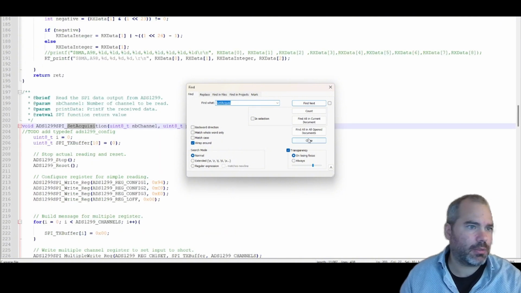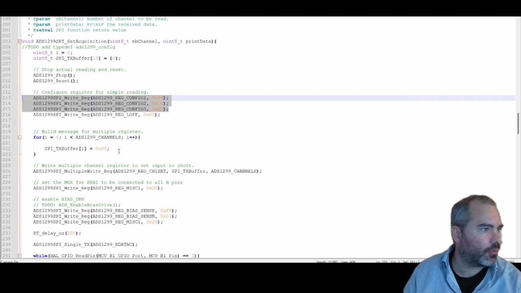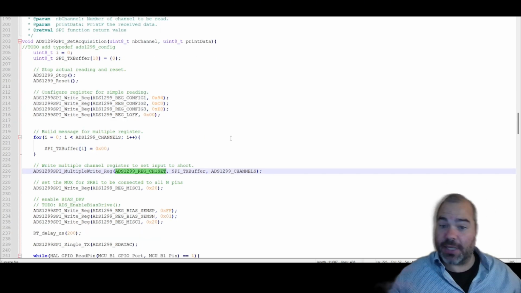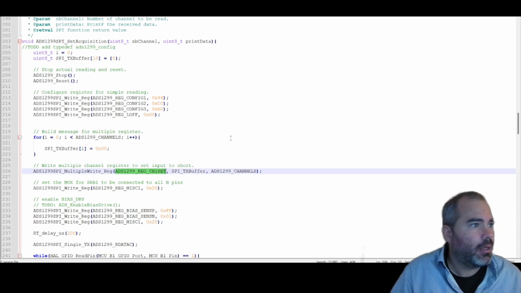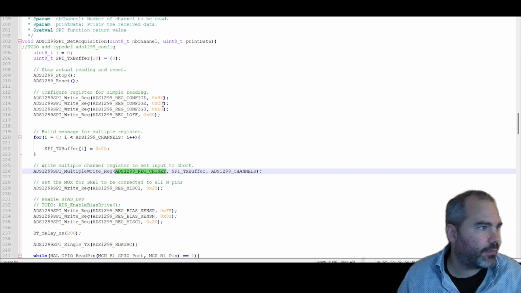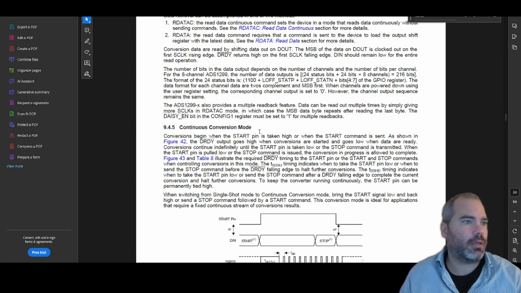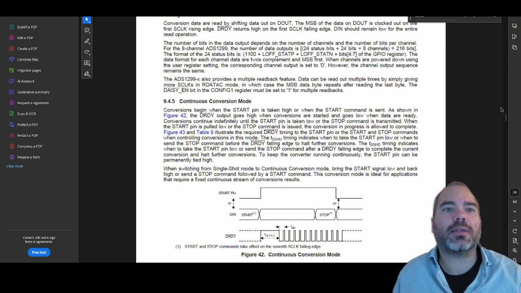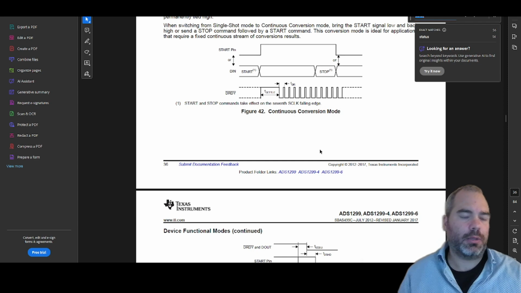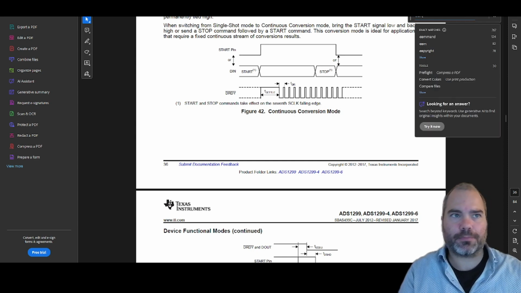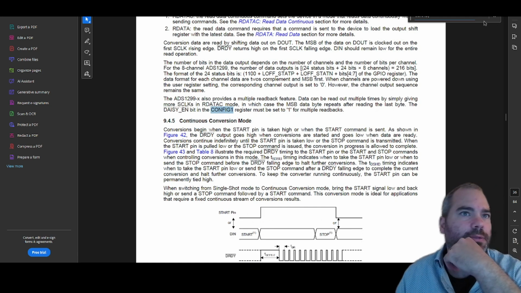set acquisition, so the settings here for the registers config 1, 2, and 3, as well as the set of registers that configures the channels, there were a few differences. So in config 1, and just see here, oh, I don't want to lose this page. Which page is that? We'll get back to this one, figure 42. Okay. So config 1,